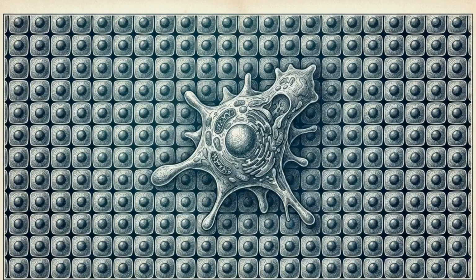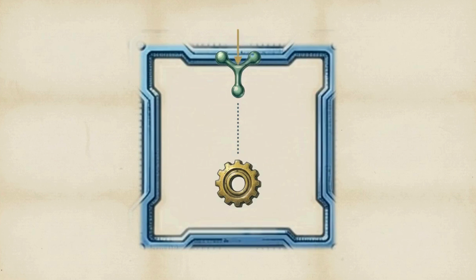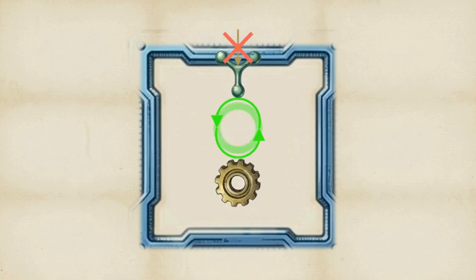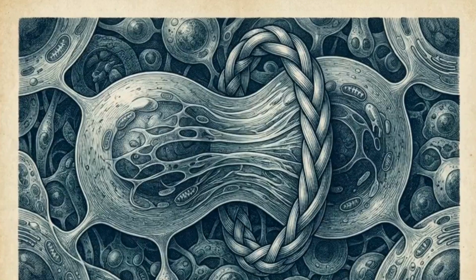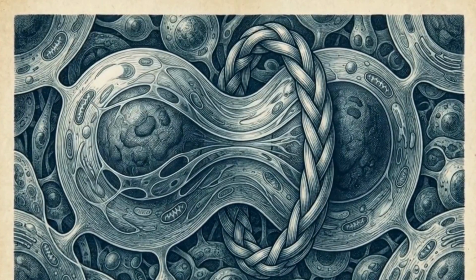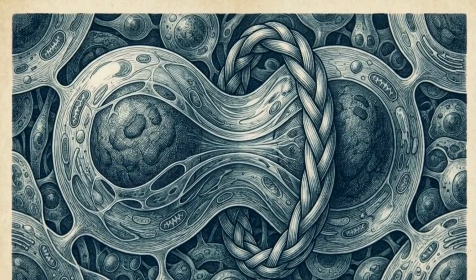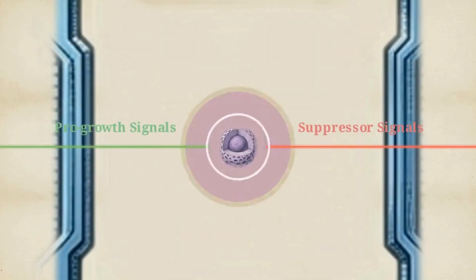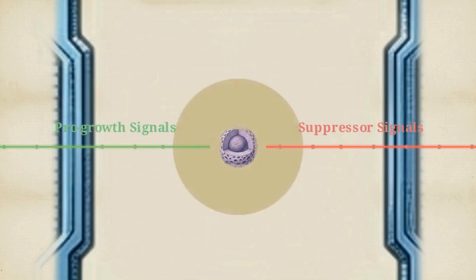Oncogenes force the cell into a state of continuous, unchecked proliferation, operating entirely independent of the body's external regulatory commands. The mutated protein bypasses internal logic, creating an autonomous and permanent state of pro-growth signaling. However, even with an active oncogene, the cell cannot fully transform as long as the DNA damage checkpoints are functional. These pro-growth signals are normally balanced by tumor suppressor genes, the negative regulators of the cell cycle.